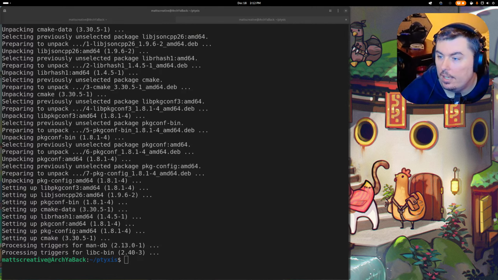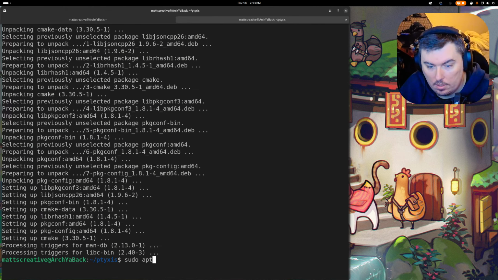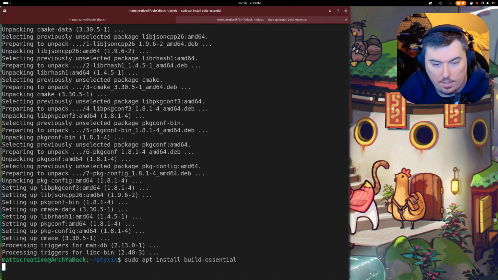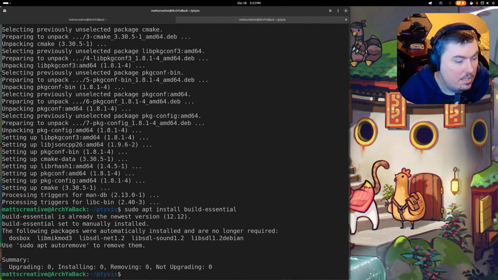Let's see if this thing can get it right. Yeah, I did the git cloning. Oh yeah, there's build-essential. I think. Yeah, it's already installed.